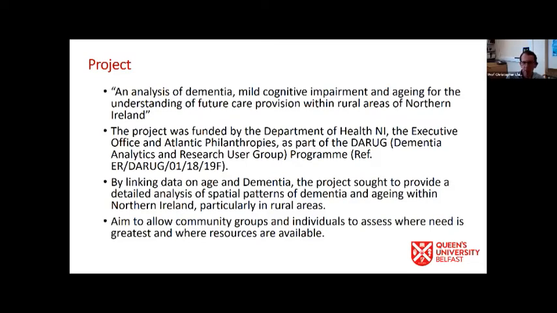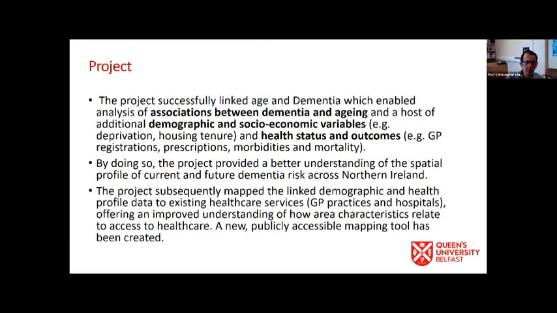So the aim is to develop a resource that enables people to basically work out where need is and how it might be changing. So what we've done briefly, and then I'll obviously go into this in a lot more detail, is to link data on age and dementia, though this is through an estimate, and I'll talk about that process a little bit later on and how we might expand on it specifically, but also to include other health conditions. So we've looked at, for example, associations between dementia and aging, and this is obviously only an ecological analysis. We can't look at this using individual level data. We only have data for the geographical areas.